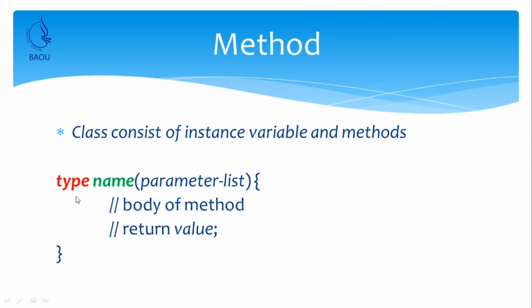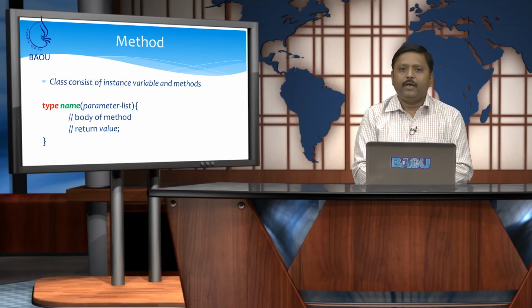This return value statement is optional. But suppose type is other than void, then we must write down return and the value to be returned inside the method at the end of the method body. So, this return value is optional in case the method is returning nothing. For example, if I want to find the factorial of a number, then my return type is the factorial of the given number. So, I can assign long to type, which is the return type for the method. My name may be factorial and the parameter it takes may be an integer of which we want to find the factorial.